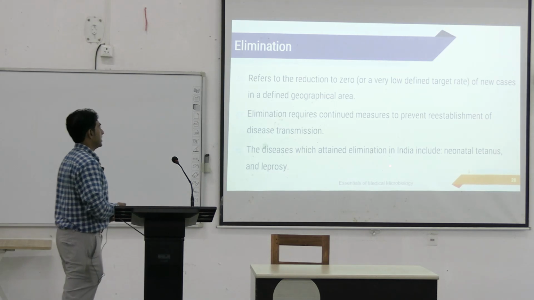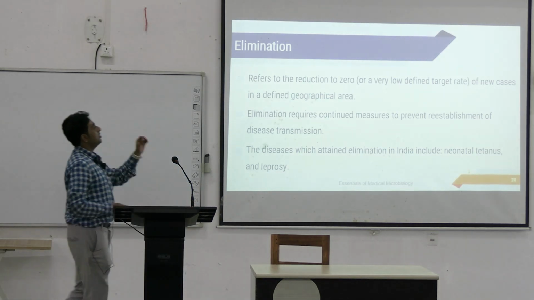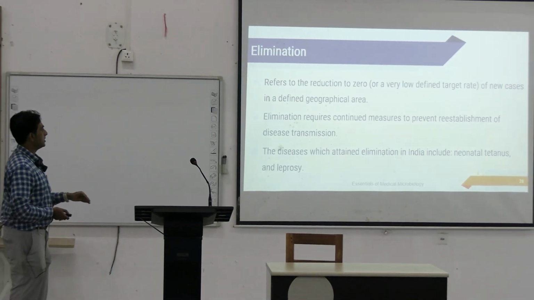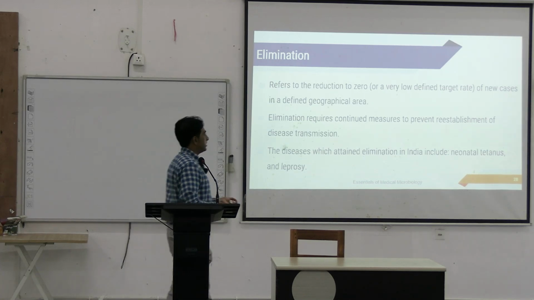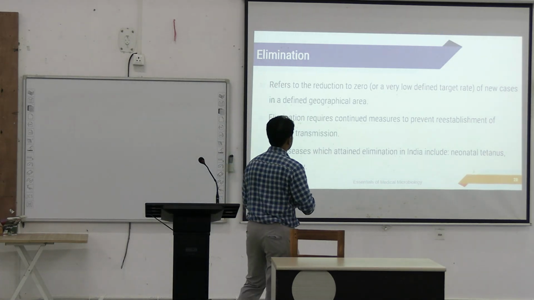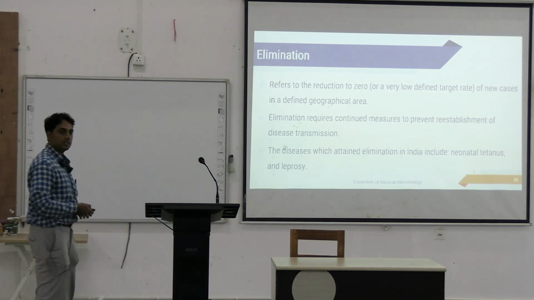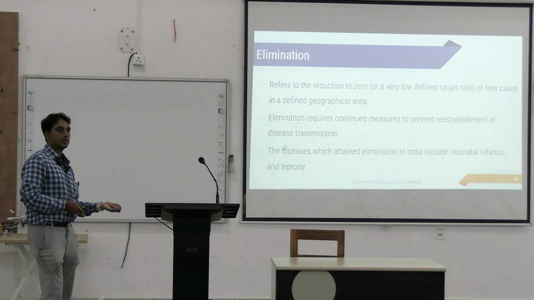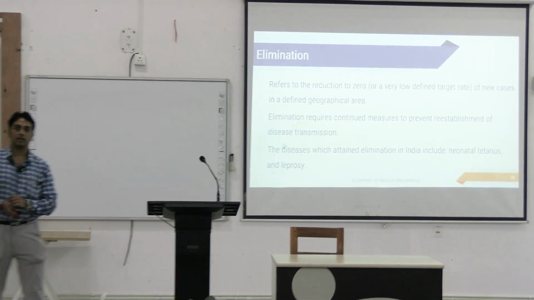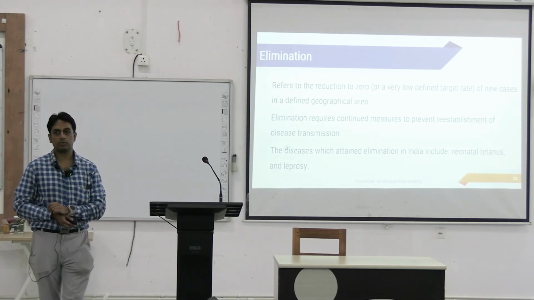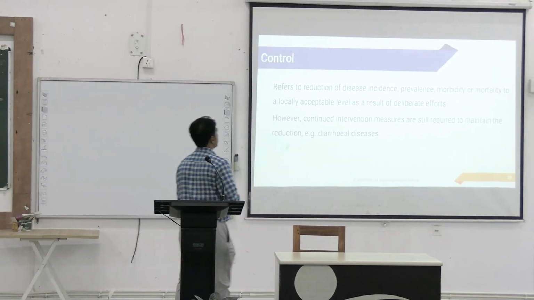The diseases which attained elimination in India are neonatal tetanus and leprosy. Elimination মানে কি? খুব নিচে চলে গেছে, প্রায় জিরো নিউ কেসেস ইন একটা ডিফারেন্ট জিওগ্রাফিক্যাল এরিয়াতে, তাতে রিস্টাবলিশমেন্ট যাতে না হয় ডিজিজ ট্রান্সমিশন, সেইটার জন্য এফোর্ট লাগে। ইন্ডিয়াতে কোন কোন জিনিসগুলো প্রায় এলিমিনেশন হয়ে গেছে? নিওনাটাল টিটানাস, যেহেতু জন্মের সময়তেই বাচ্চাদের মাকে টিটানাস দেওয়া হয়, অ্যান্ড লেপ্রোসি। লেপ্রোসি কেসেস আজকাল আর পাবেই না, আমাদের ছোটবেলাতেও কয়েকটা কেসেস পাওয়া যেত।